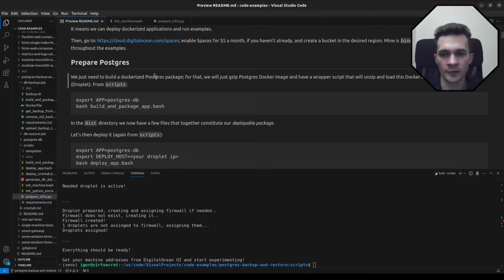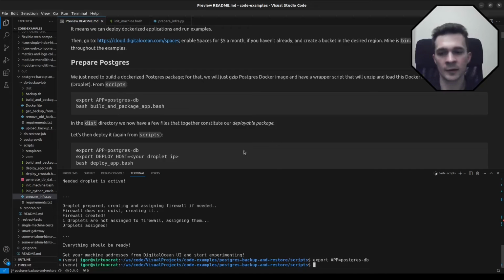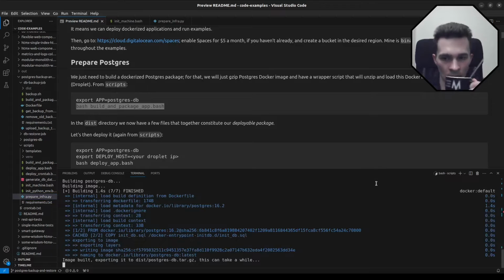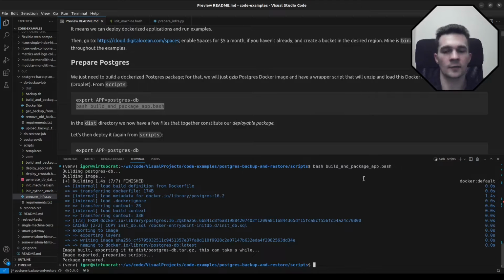Then we need to prepare Postgres, guys. So let's go through the instructions. This one will build dockerized Postgres. So let's do it. Okay, I have it. For you it can take longer if you don't have the Postgres 16 image on your machine,